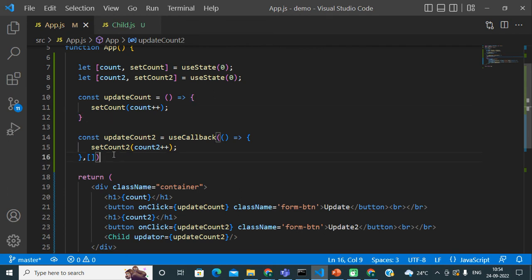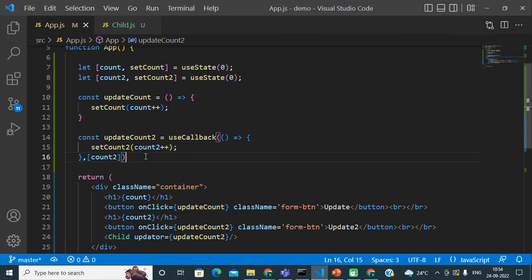This is the same conditional behavior which we have already seen in the case of the useEffect hook. If we want to fulfill that requirement, then we can pass count2 as a dependency in this array, and let's see what happens.